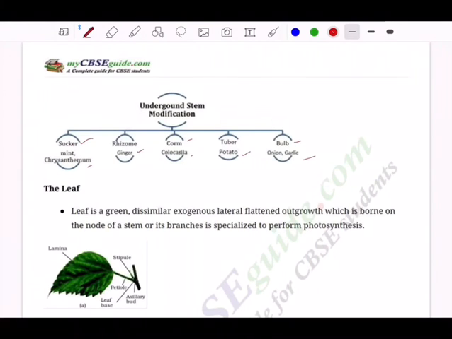So in our next class, we will see the leaf and how important it is, what are the modifications it undergoes and helps the plant. Until then,